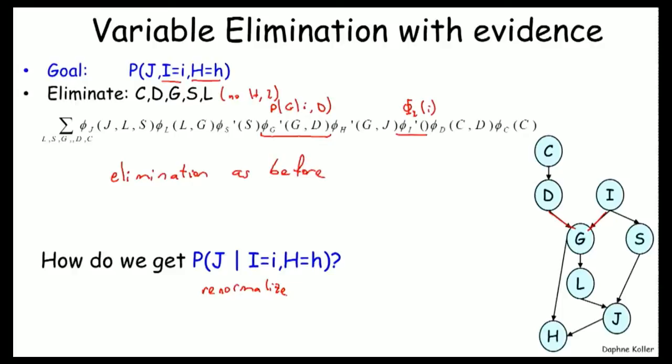Because we can take this and simply divide by what turns out to be the probability, the normalizing constant is